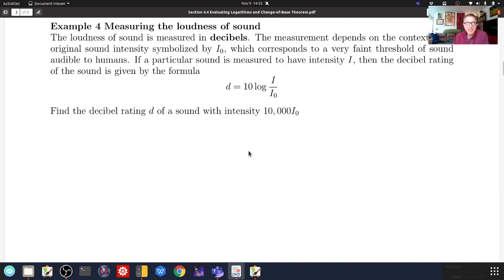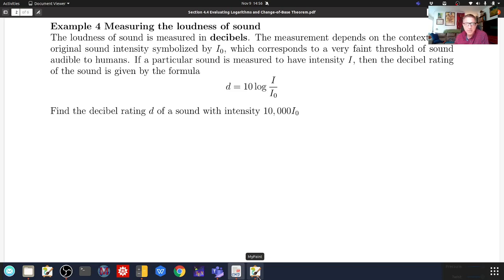Measuring the loudness of sound in decibels. Again, another logarithmic-based scientific measurement. So the loudness of sound is measured in decibels. That's the unit. And the measurement depends on the context of an original sound intensity, symbolized by I sub 0, or I naught. Now that's going to be given to you, which corresponds to a very faint threshold of sound audible to humans. If a particular sound is measured to have intensity I, then the decibel rating of the sound